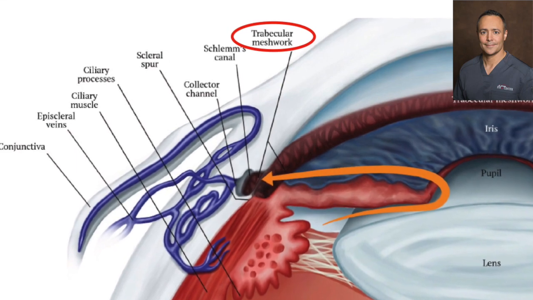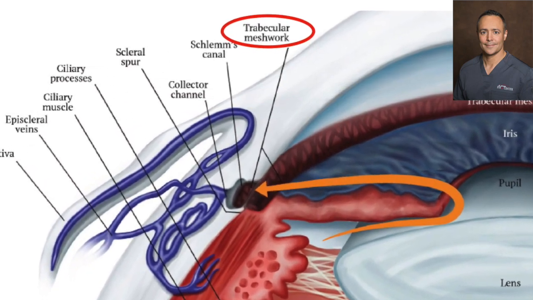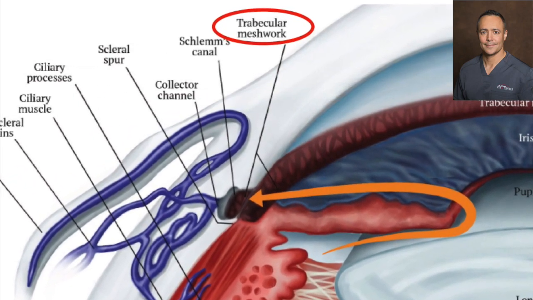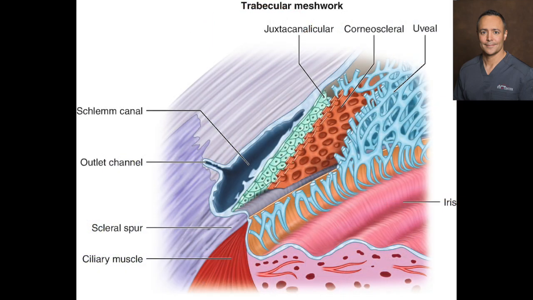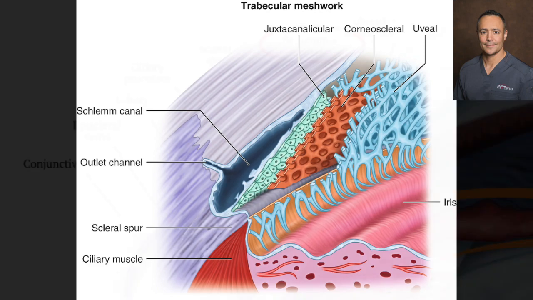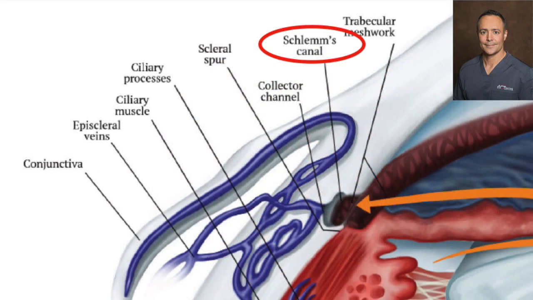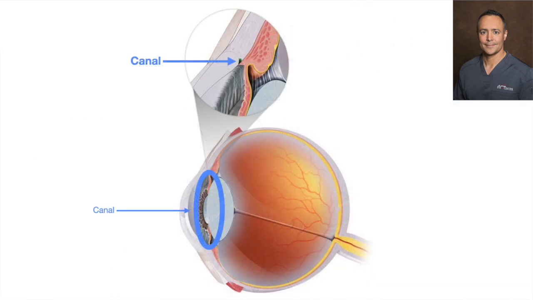When the fluid first reaches the drainage system, it encounters a meshwork we call the trabecular meshwork. As you can see from this diagram, the trabecular meshwork is made up of various layers. Once the fluid passes through these layers, it reaches the canal, Schlemm's canal. This is the main drain of the eye. If we go back to my initial diagram, you can see that this canal goes all the way around the